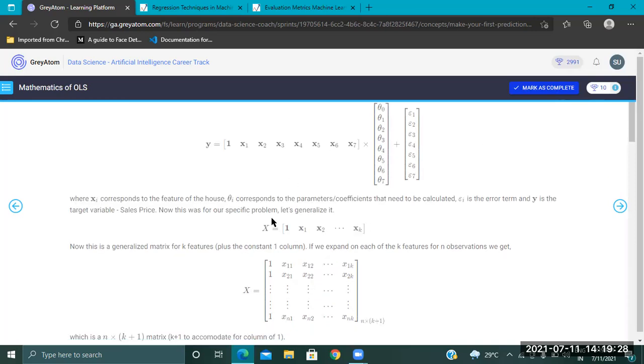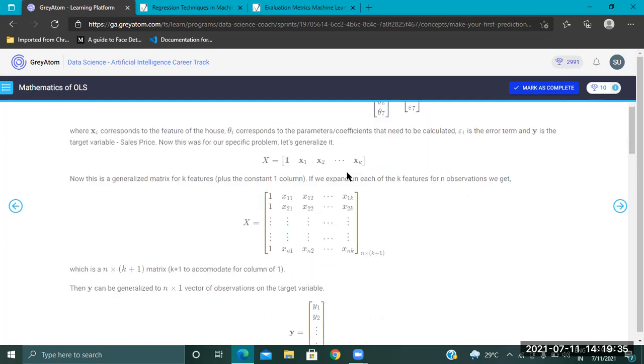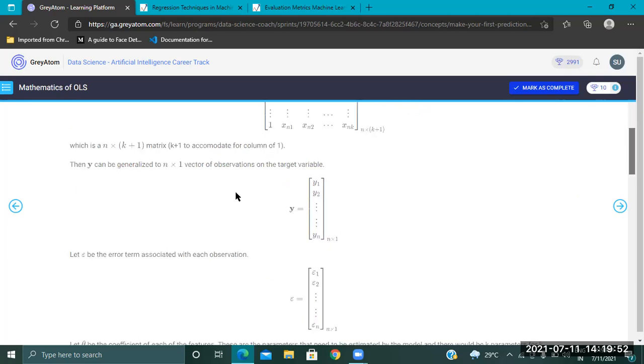When we go here, it is distributed like this. Every data is handled in a mathematical way. So x is nothing but features. In features, there is not only one house, there are many houses, so we use the matrix method to convert the data. After that, the target variable is y. Y equals y1, y2, y3, y4. These are the targets for every single house, and you are going to calculate the output.